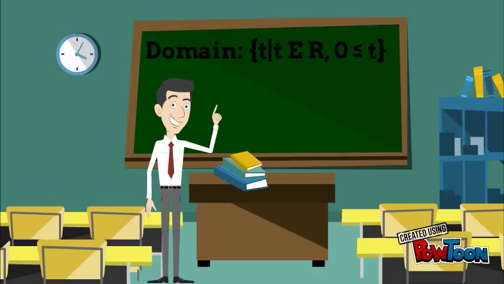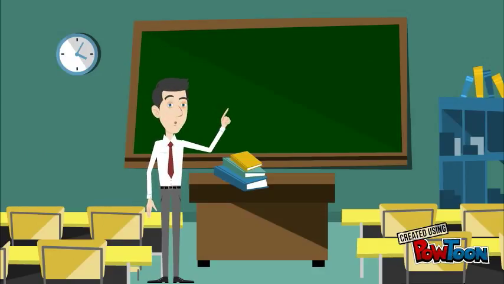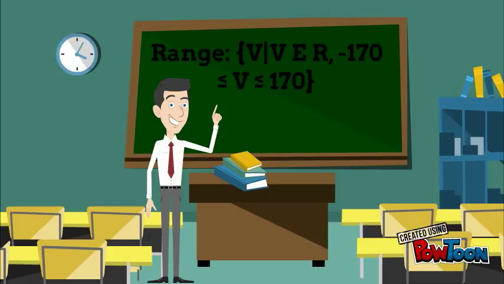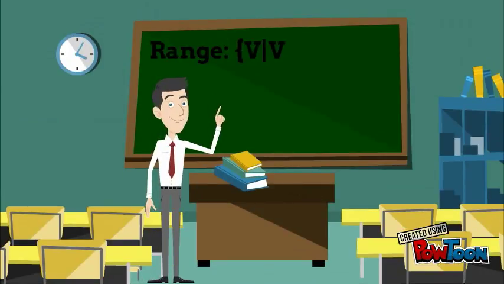t is greater than or equal to 0 as time cannot be negative, and the range of this graph would be v such that v is an element of real numbers where v is greater than or equal to negative 170 but less than or equal to 170, with the minimum voltage being negative 170 and the maximum voltage being